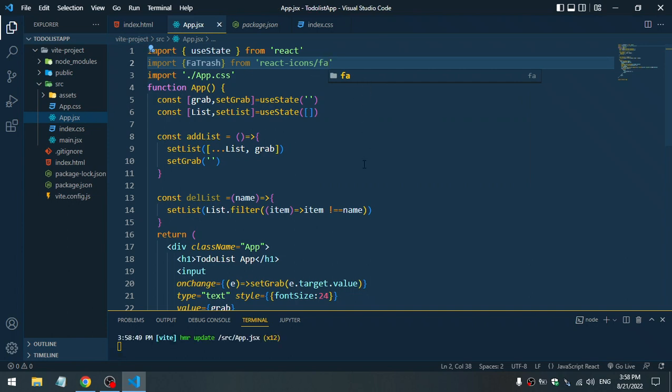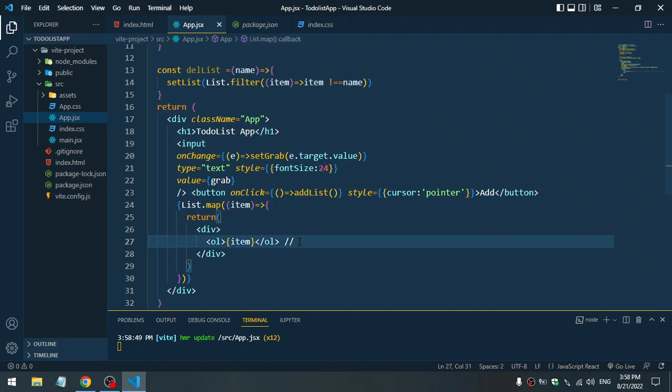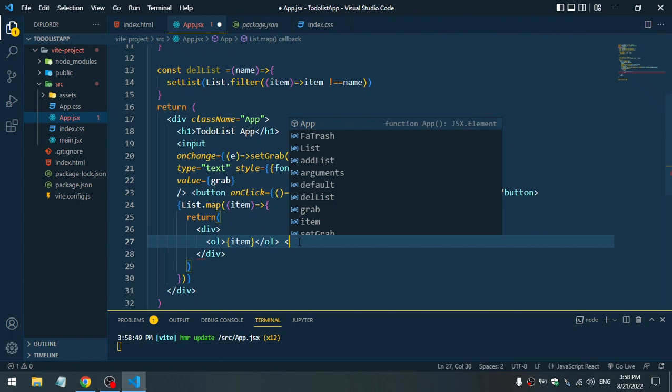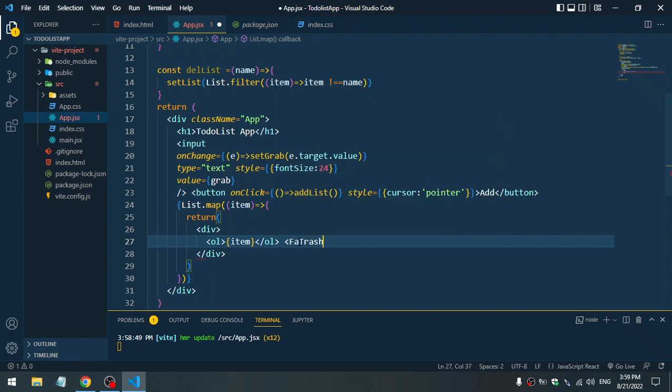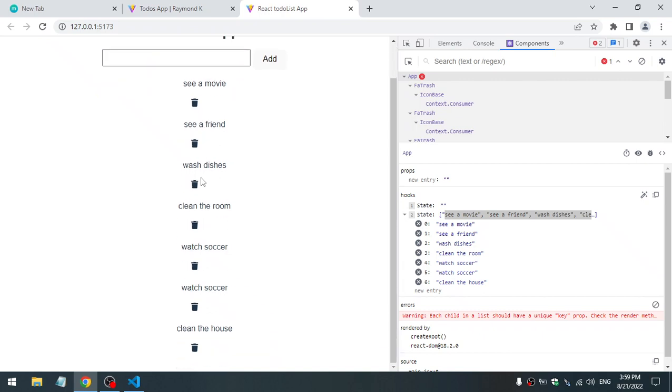Okay, save. Then let's import it even here. So I'll just say FaTrash. Okay, let's save. Now when you go and check, you see the icon is there,